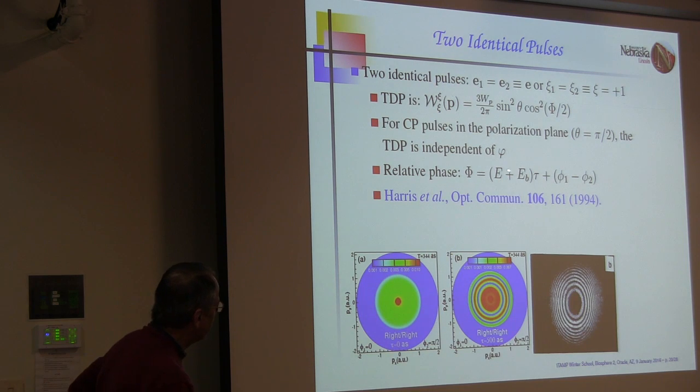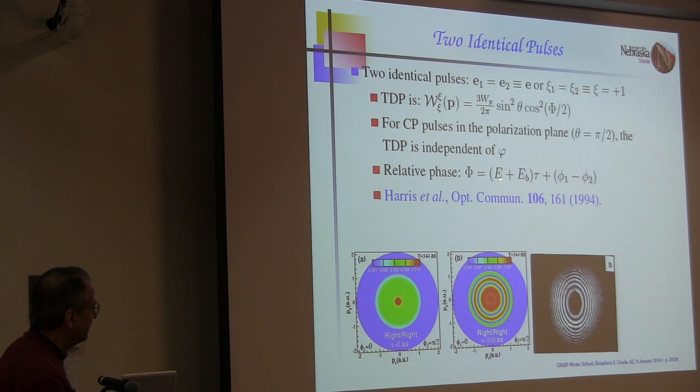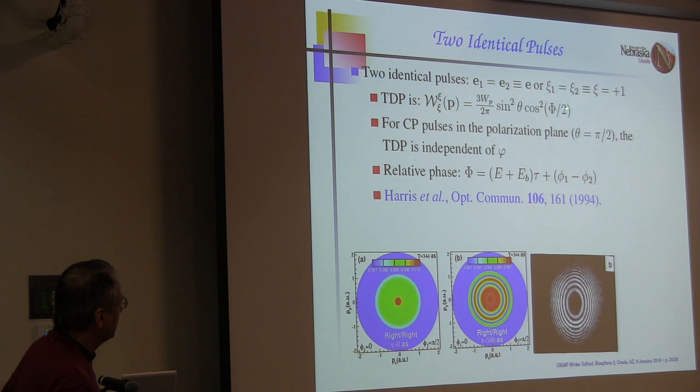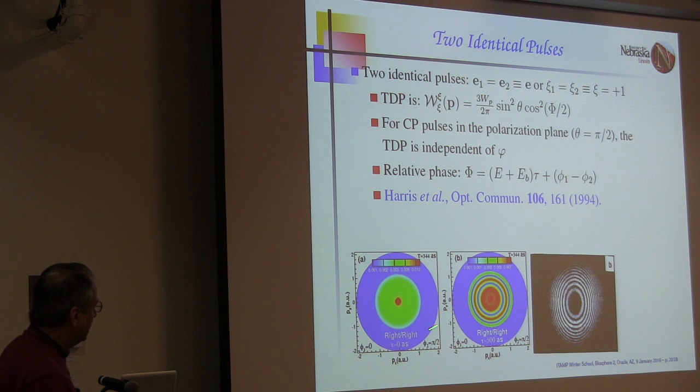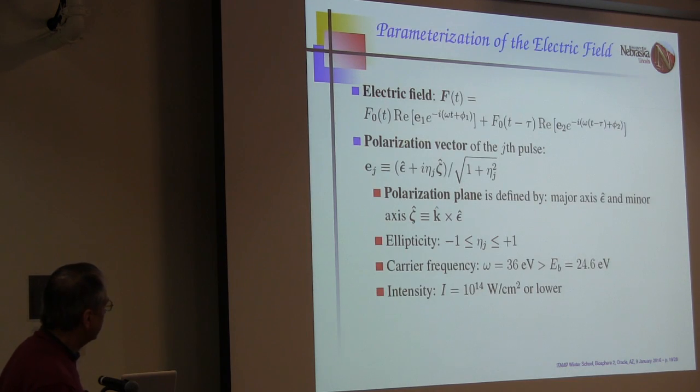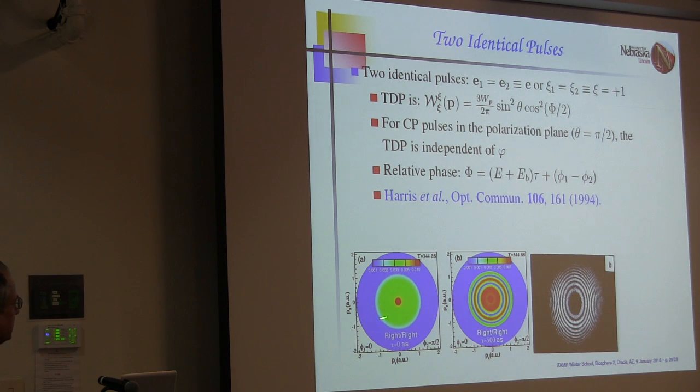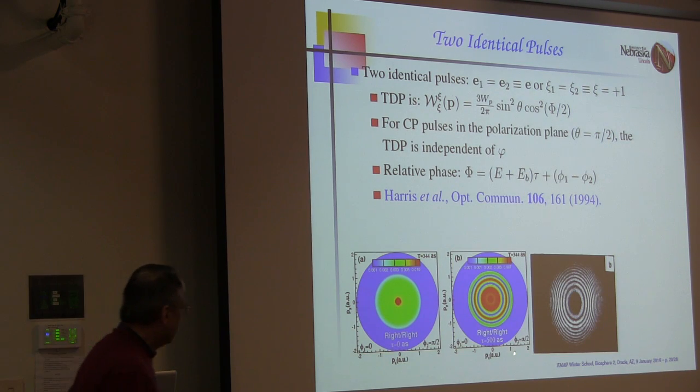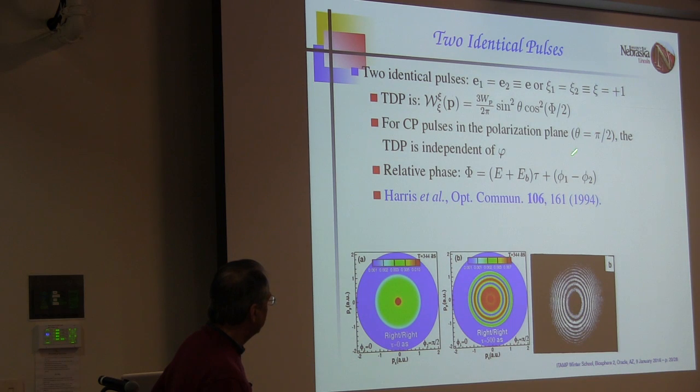This is omega tau. But it's important to put the energy of the electrons here. And so you see that by varying the time delay, you can change cosine squared and change the magnitude of this. But there's no phi dependence. And so you get circularly symmetric results. If there's 0 time delay, then you just get a smooth distribution. These are the same pulses, and so if there is a time delay, here a delay of 500 attoseconds, then for that, this is a plot in momentum space of the detected single